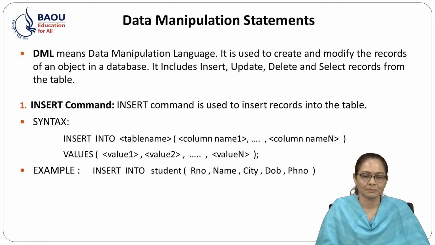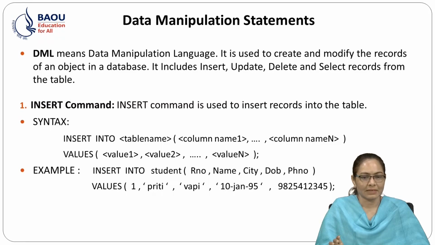After that, how to write the insert command. For example, we insert records into the student table. In the student table, there are roll number, name, city, date of birth and phone number as column names. So we write the command insert into student, that means insert into student table. In round bracket, the first column is roll number, comma, second column is name, comma, city, comma, date of birth, comma, phone number, then bracket over. Then